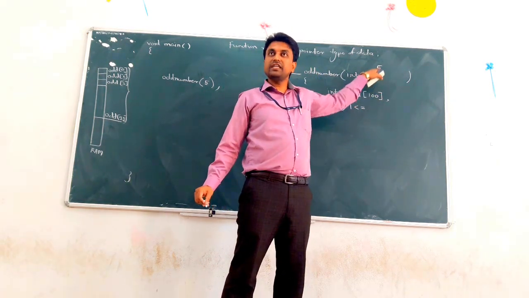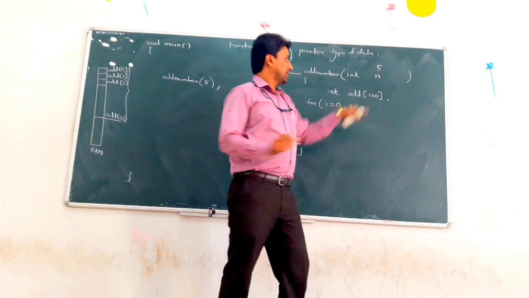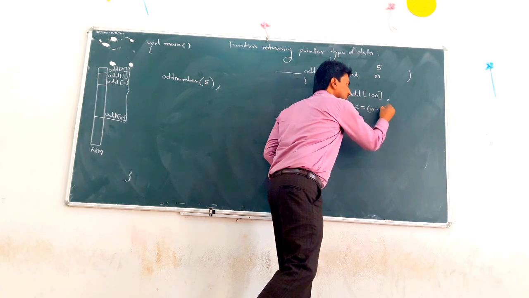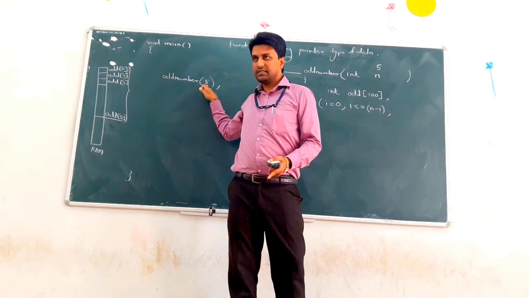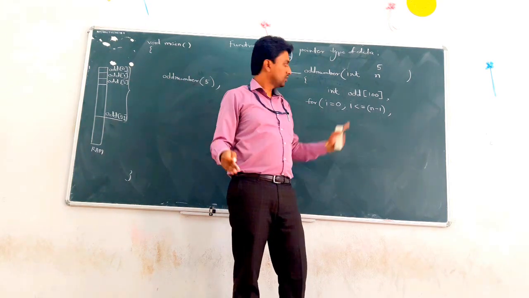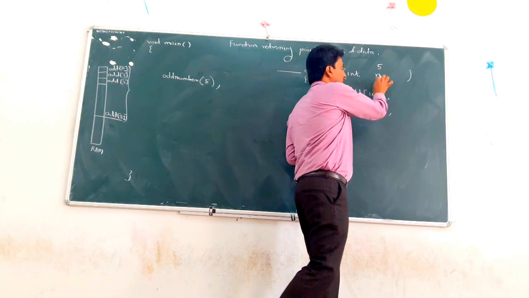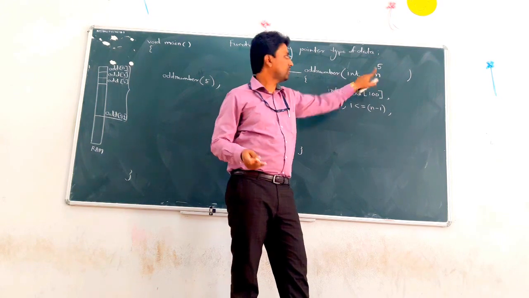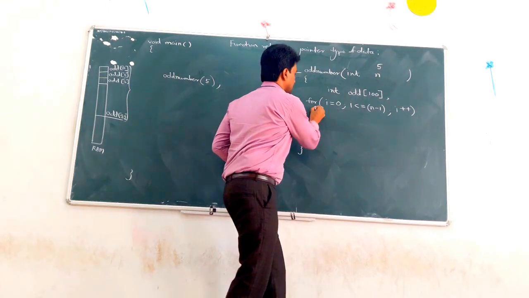After that, the loop starts: I initialized to 0, I less than n. But now n is 5. We want 5 numbers. If the index starts from 0, then it is not 4 but n minus 1, because we don't predict what the user wants. Here it is 5, next call it may be 6 or 8, 9. So n minus 1, because it depends on how many odd numbers the calling function wants. Clear? Next is I plus plus.